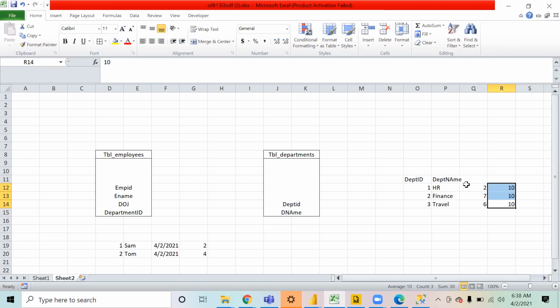So now, don't you think there is a wastage of space happening? Because if I have more such information, there could be a lot of space that goes unused, because my department name has two characters, but I've reserved the space of 10. So 8 bytes are not getting utilized. So what we do in such a scenario is we use another data type called varchar. Varchar stands for variable character.